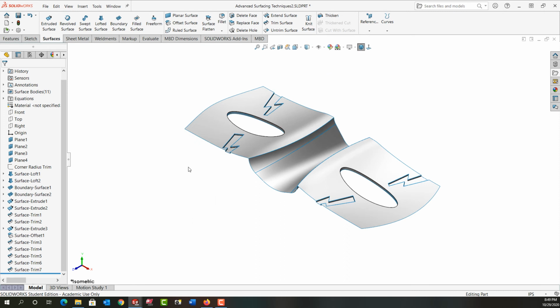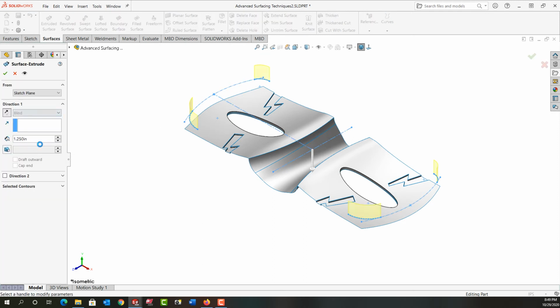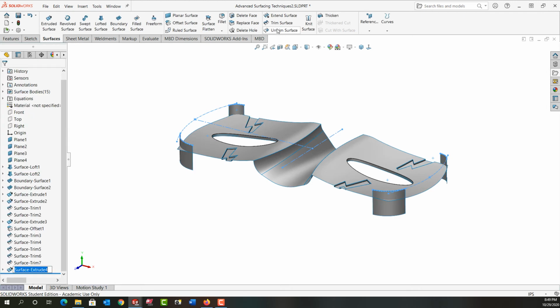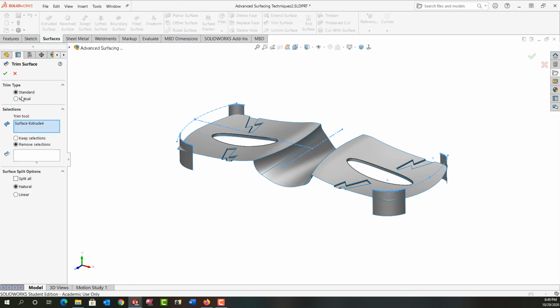So my next step, I want to use this sketch to create more extruded surfaces. I want them to go the other way. And I'll just make them 2 inches. Make sure they get through the part. I'll say OK, and we're going to trim those as well. So I'm going to say trim. I'll go back to mutual. Just going to clear this. I want to trim